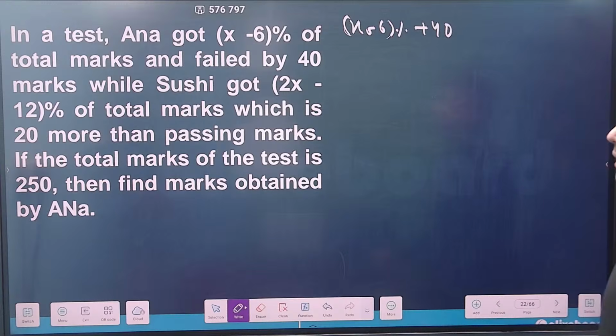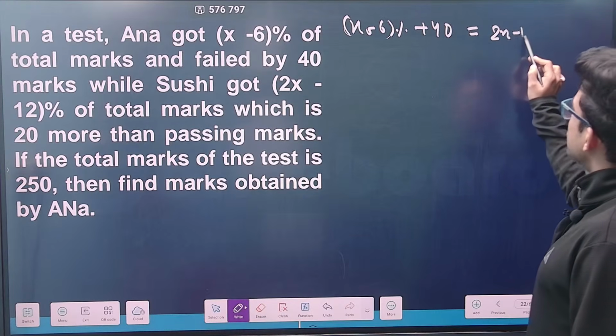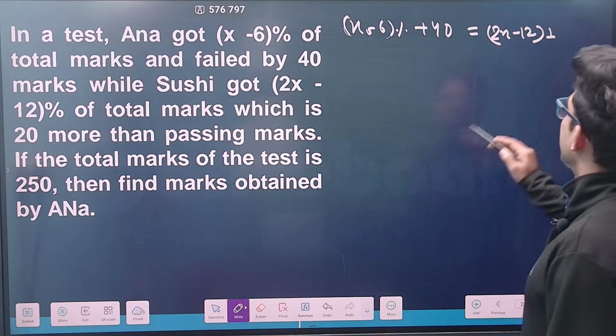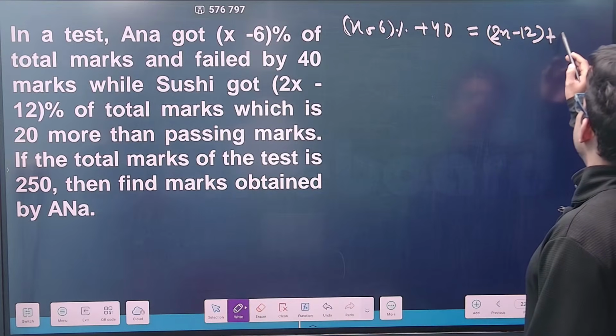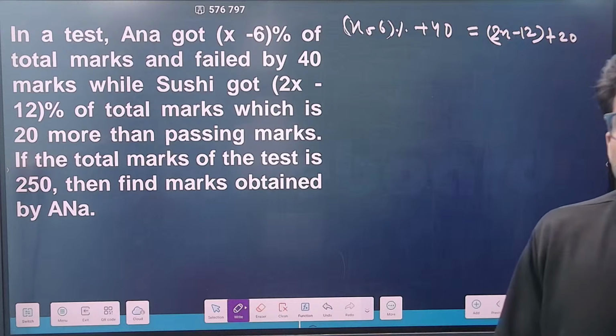ठीक है, is it right? But this again changes with Sushi. Sushi got 2x minus 12%, and she got 20 more than the passing marks, isn't it? So basically,